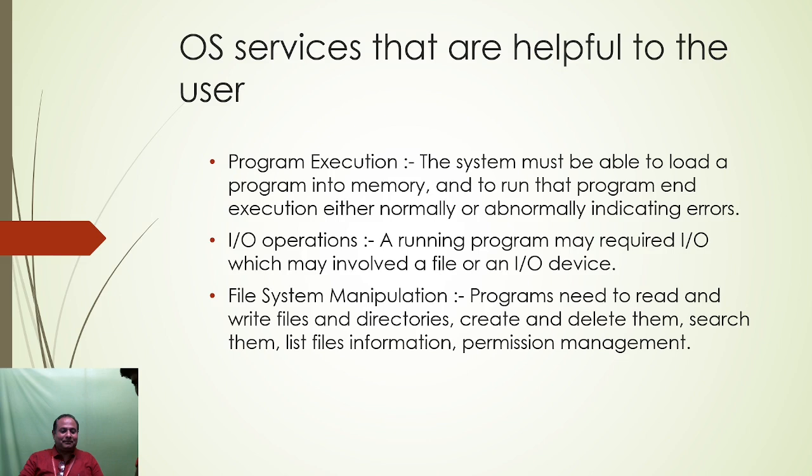For example, if you are running any kind of program, it may be a C program, a Java program, or a Python program. Any program execution is done by the operating system only. Suppose when you are running the program it shows an error; that error is also shown by the operating system, which indicates to the user to correct the particular error.